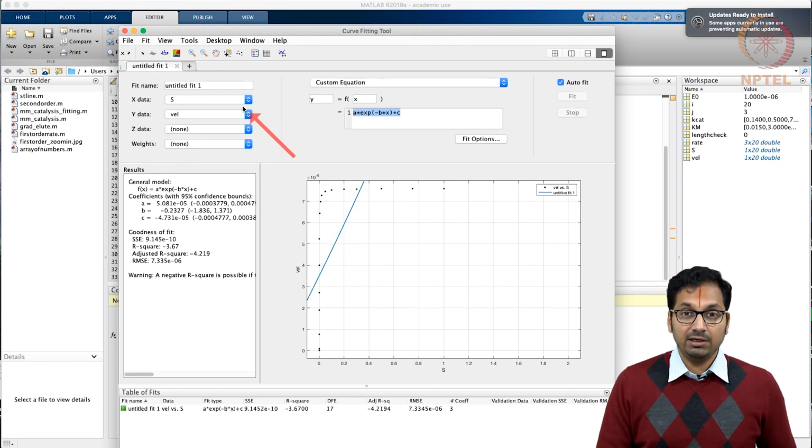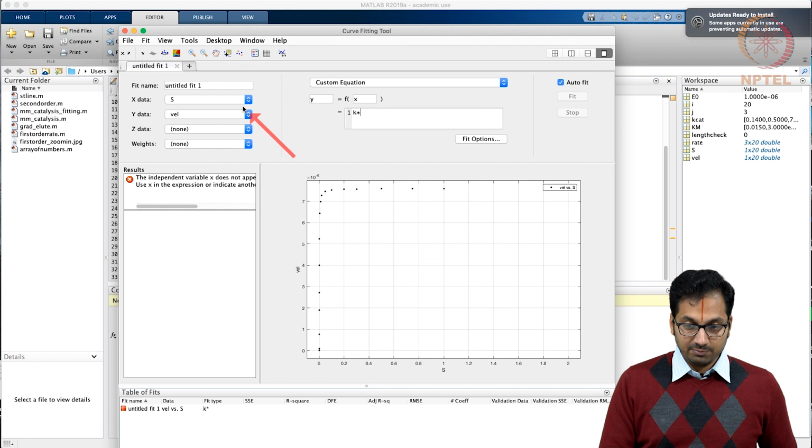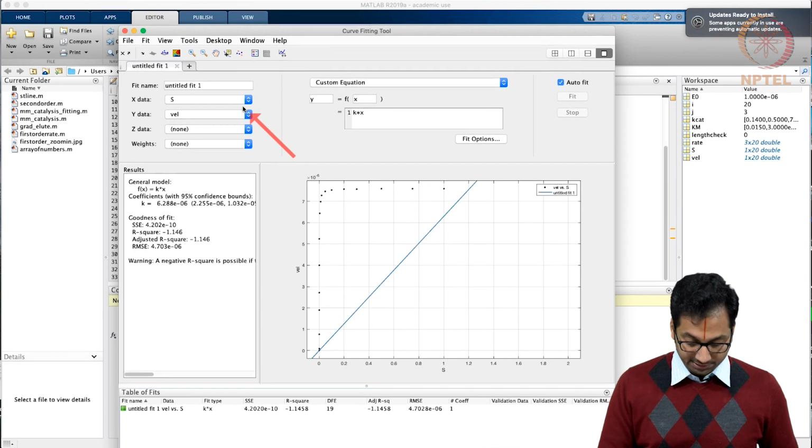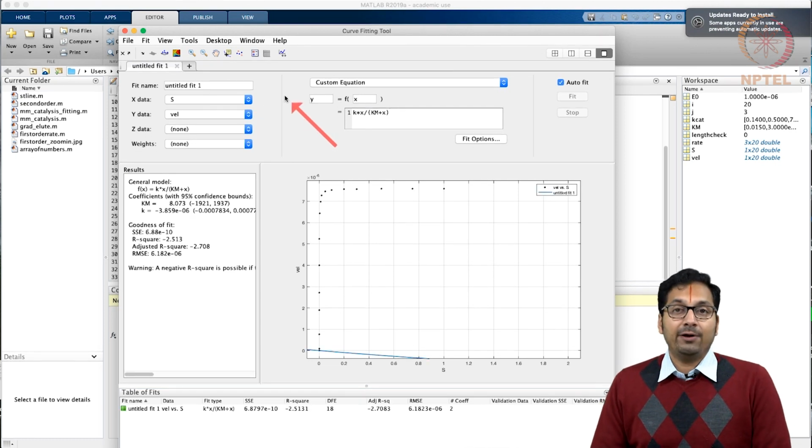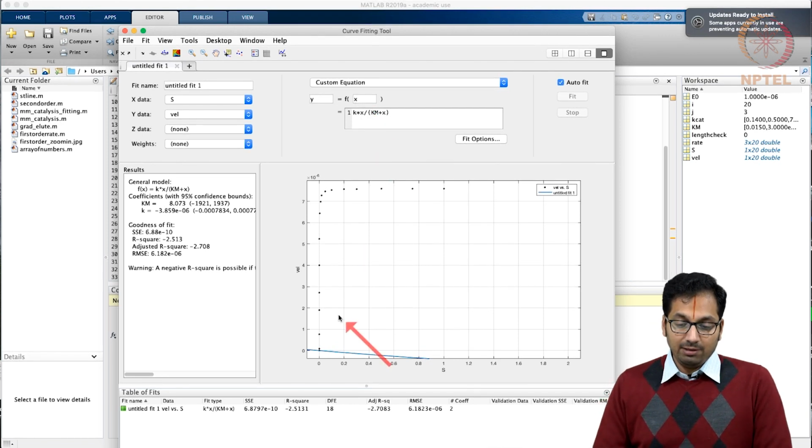The equation that we need to write is K times X, where X is the substrate concentration, divided by Km plus X, right? Why am I not writing S here? Because the variable here is X. You can always change it to capital S and write the same thing. And what you are able to see here is that this is having a problem, largely because the Y axis has a 10 power minus 6 term and it is unable to fit this.